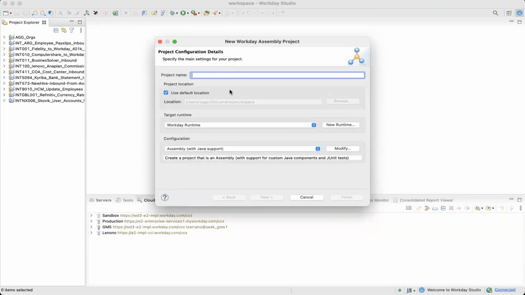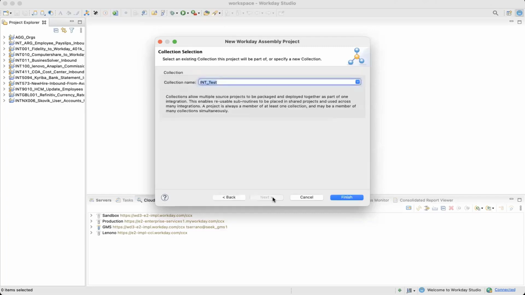And then I think yesterday you created it already, right? Let me give the imp_test. Then next, and then collection name is the same, and finish.